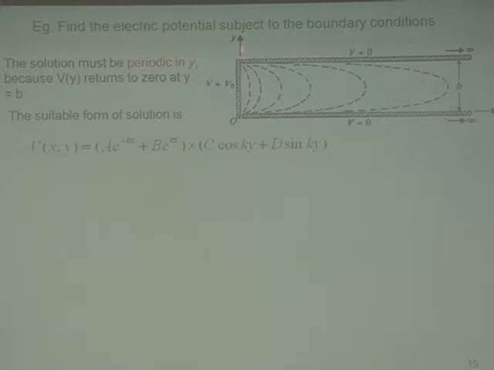And then at x equal to 0, you have a constant potential right here. And at infinite, for a given finite amount of charge, definitely the electric potential is going to drop